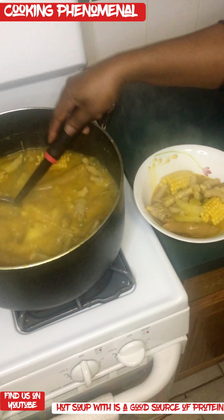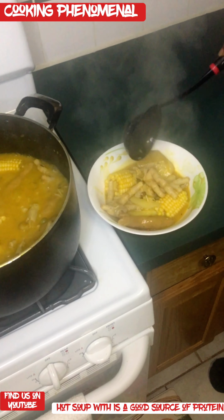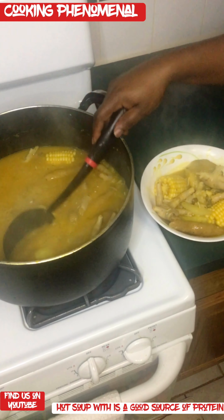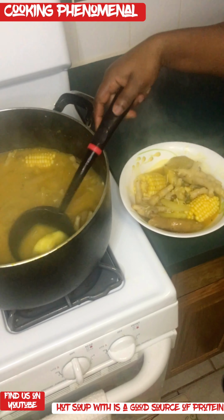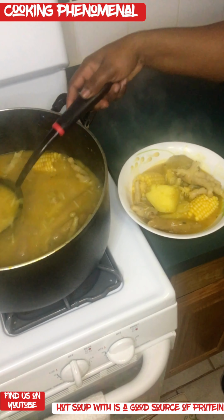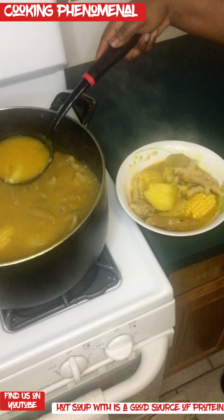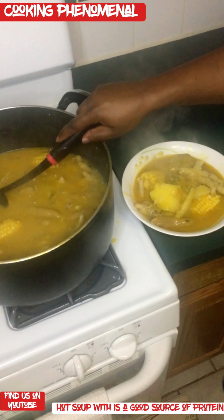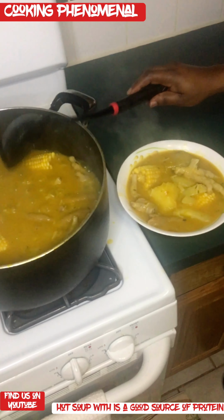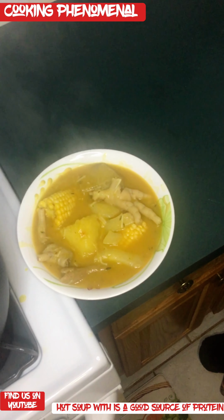And let's start serving from the bottom so we get everything out. Just the way we do it, right? Look at that richness. Sweet potato. Right in. And let's go dig from the bottom right here. So look at that, guys. And there goes our chicken foot soup with a little bit of gungo inside of it,